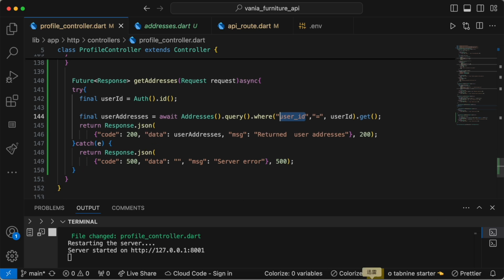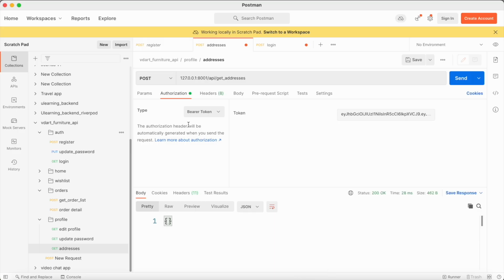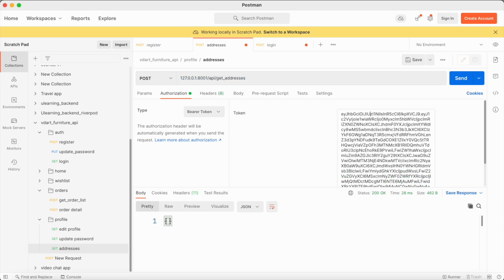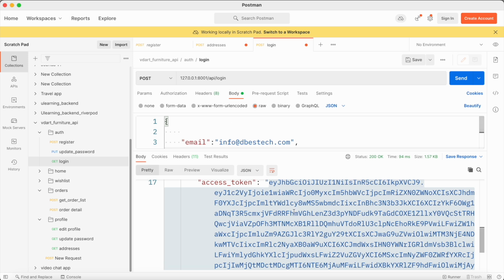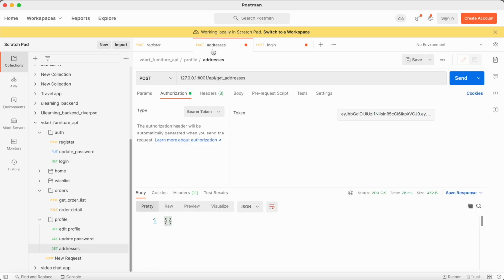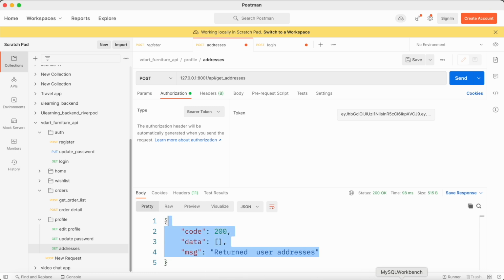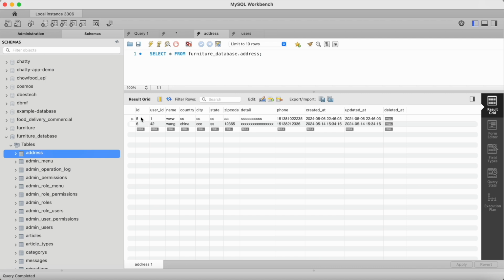Okay, make sure that you are doing it correctly. And after that, when everything is ready, make the changes and then come over here, create a new post request, name it addresses or anything you like, and make sure you have it correctly. And then you have to have the bearer token, but if you changed your password since last time, you need to log in again and copy your token, and you need to put it here, and then you should hit enter. And we don't have any addresses, it's empty,